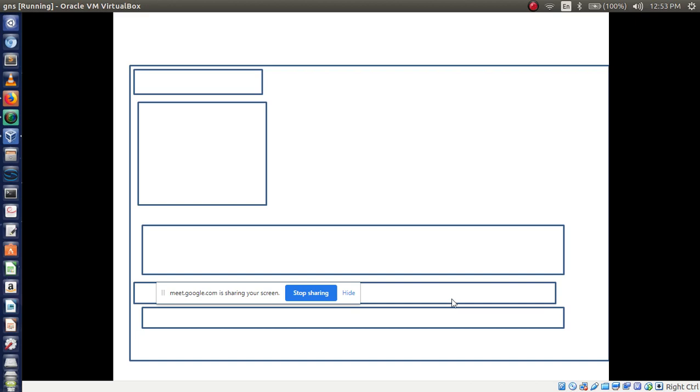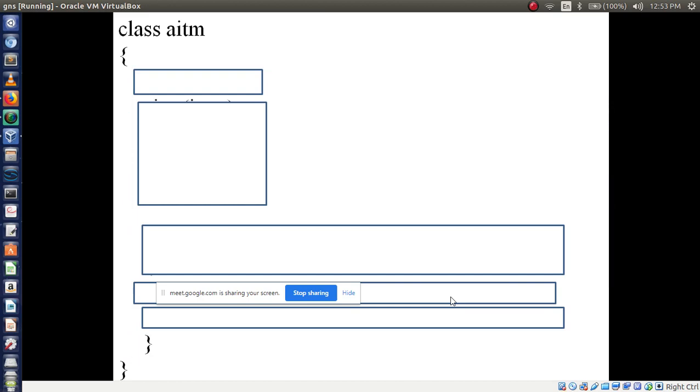Now first, what I told, declare the class name, AITM. Next what should I write? Declare the instance variable. Instance variable we are declaring inside the class. Inside the class I am declaring a variable, name is abc.